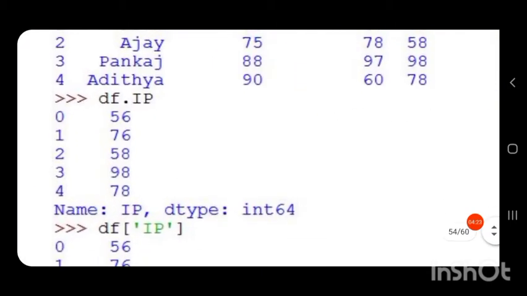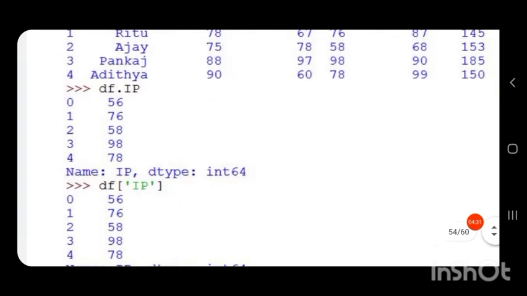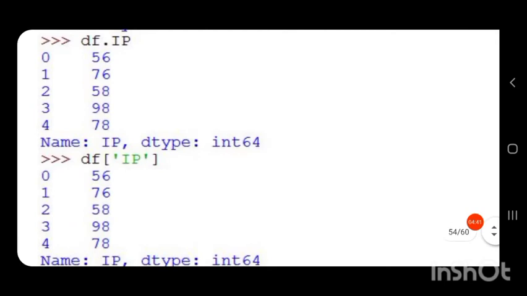Then you can see Name: IP, that is the name of the column is IP, and its data type is int64, that is a 64-bit integer. By using the next method, that is the data frame object, then in square brackets the column name, in that case you have to specify the column name in single quotes.